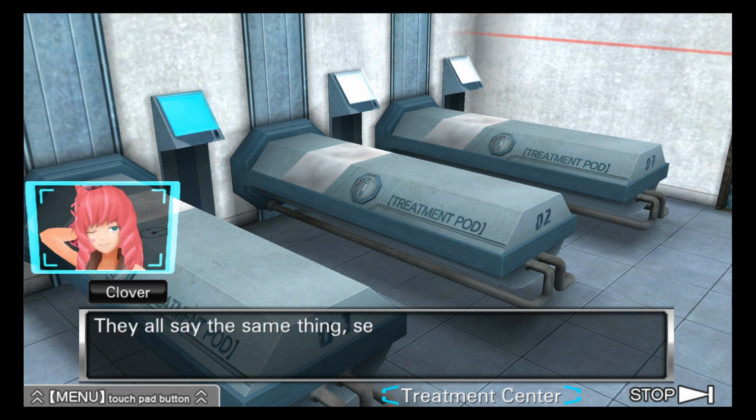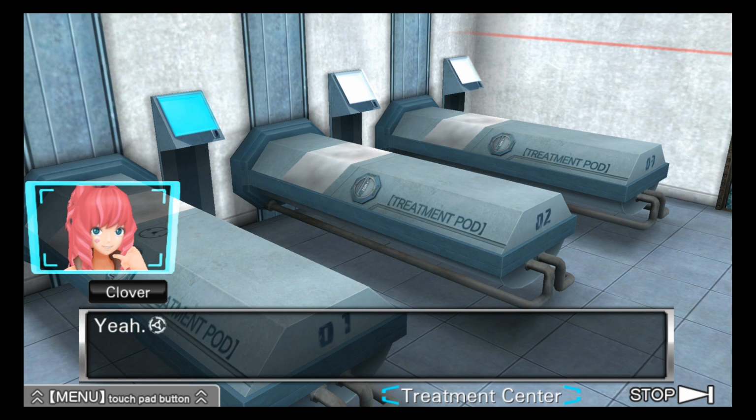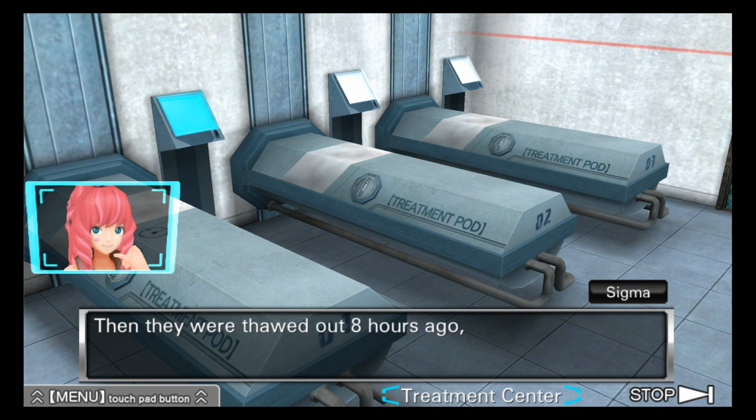They all say the same thing, see? Just before we all woke up then. I mean, it hasn't been 8 hours yet. Yeah. So the 3 pod people could be 3 of us. They could have been captured earlier. Don't know how much earlier. Then they were thawed out 8 hours ago and carried into the AB rooms. Well, we know that Clover was still unconscious. That's related, but...